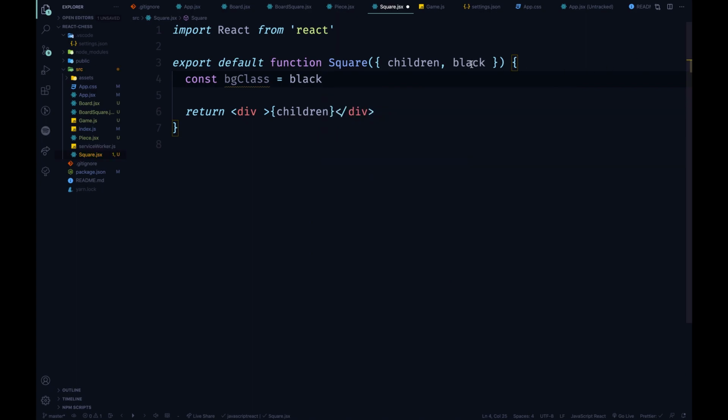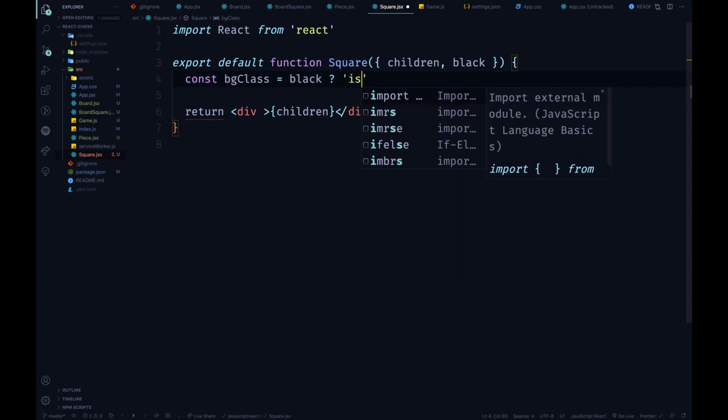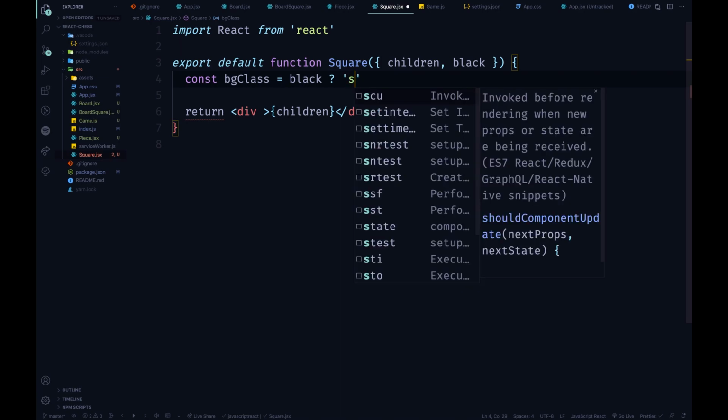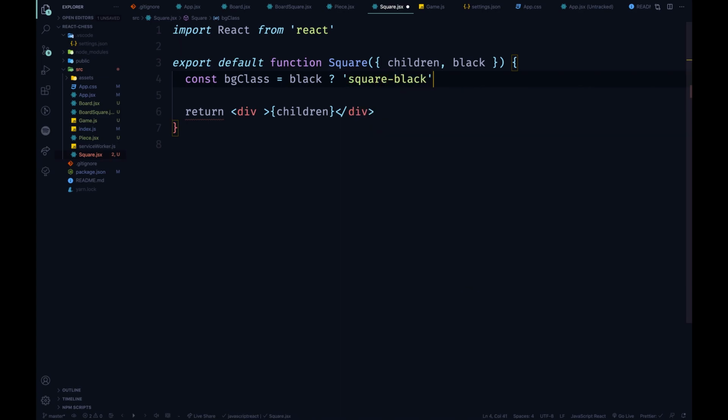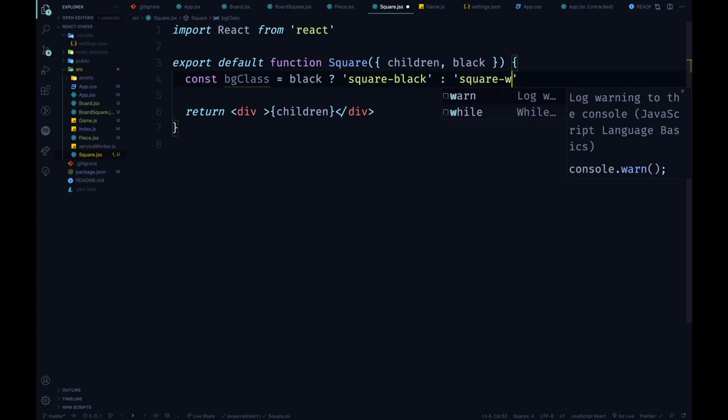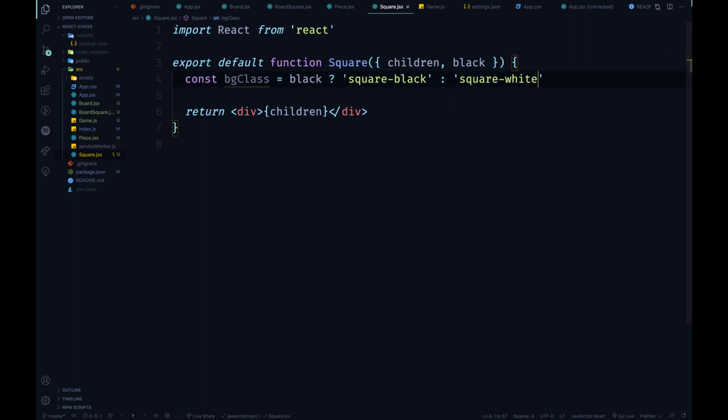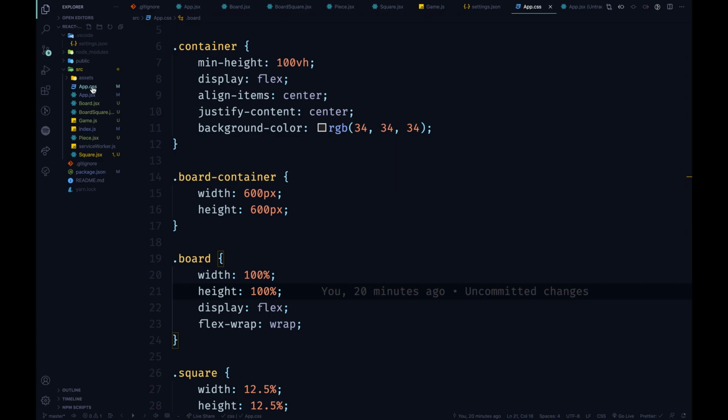that's going to be, if black equals true, if the square is black, so we're using a ternary operator here. If this is true, the class that we are going to use is going to be square black. So we do not have these classes yet, but we're going to create those in a minute. And then if that's not true, we are going to have square white. So now let's go to the app.css file,